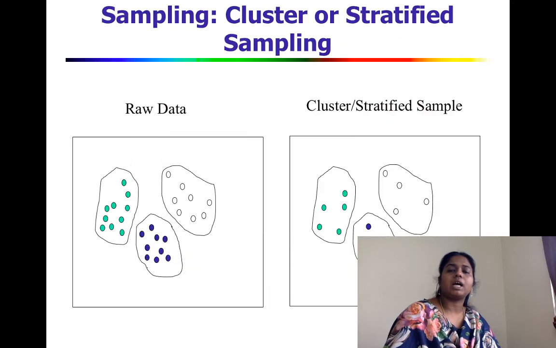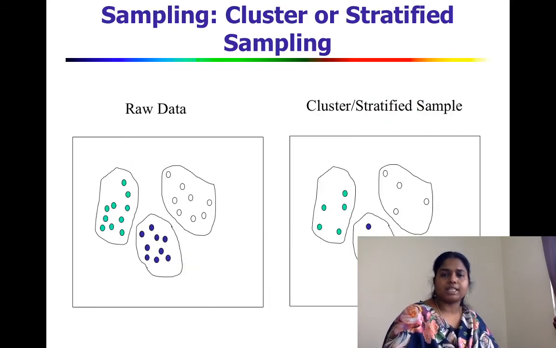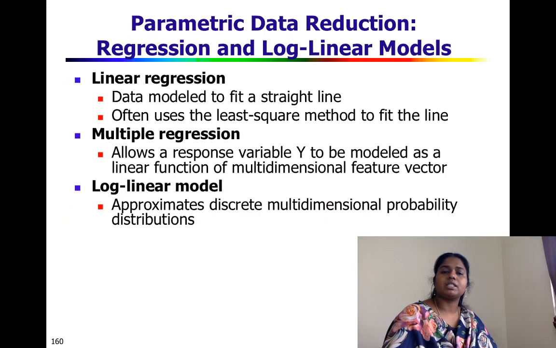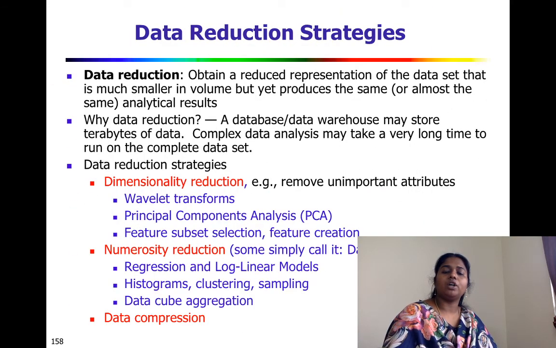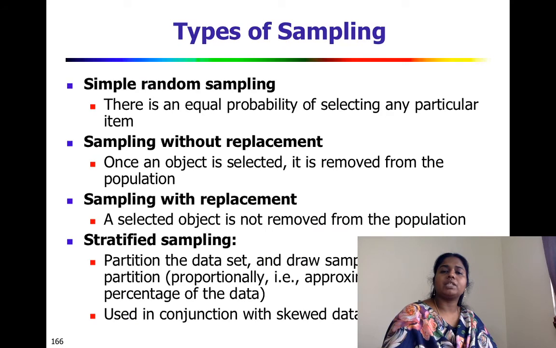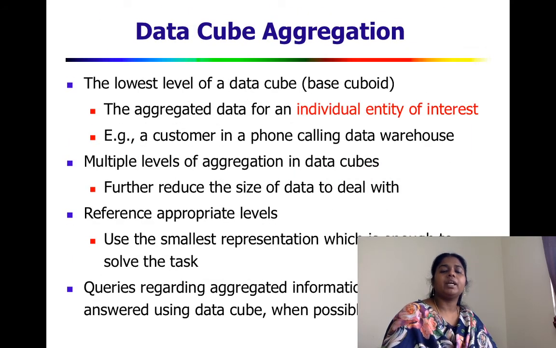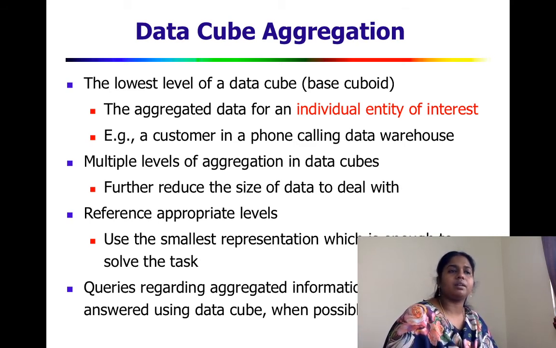So with this, I will stop for today's session. We have seen different data reduction methods based on numerosity reduction. We have seen histograms, clustering, and sampling. The next one is called data cube or data aggregation. Data aggregation is something like